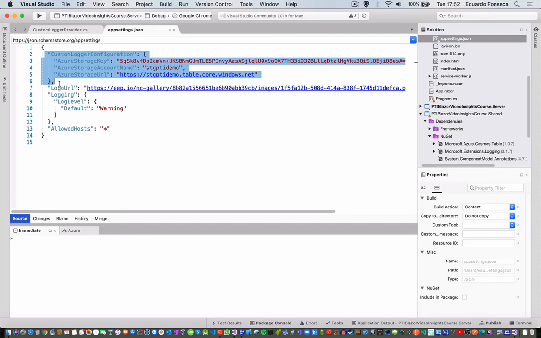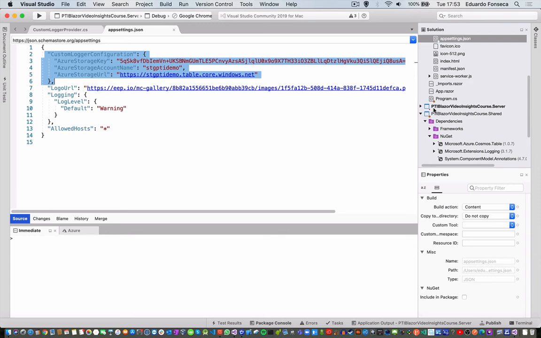Okay, so this appsettings.json having this configuration is what I said. It is not the recommended way, or is not one of the best ways to solve this using WebAssembly. One possible way to avoid having your secrets in the WebAssembly portion is basically just create an endpoint in your server side, in your server project. You create a controller, something like that, and when there is an error happening in your WebAssembly portion of the code, you basically just go and invoke the API, sending it the information of the exception and letting your